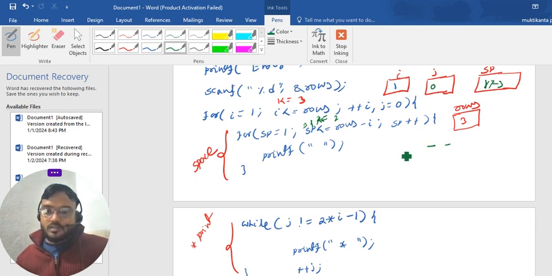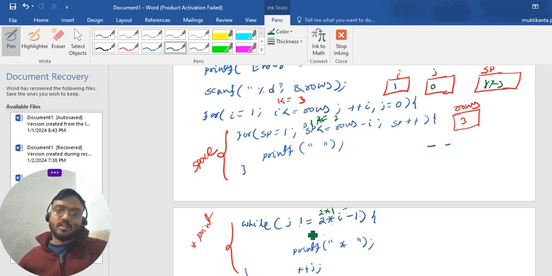Okay. So now, first is 2 into I. What is the value of I? That is 1. 2 into 1, that is 2. 2 minus 1 is 1. So the j value is